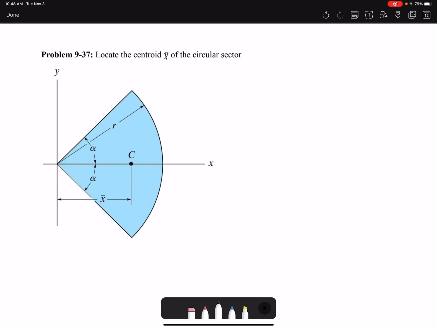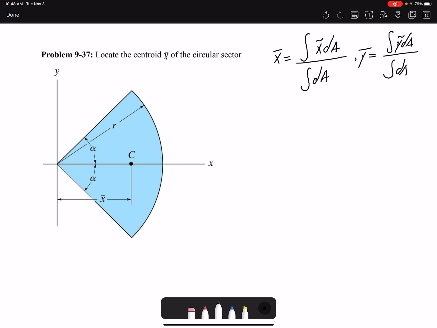Hello everyone, in this video I'm going to solve problem 37 of chapter 9. We're going to locate the centroid of this circular sector. This circular sector is an area, and the equation for the centroid of an area is x bar equals the integral of x tilde dA over the integral of dA, and for y bar we have the integral of y tilde dA